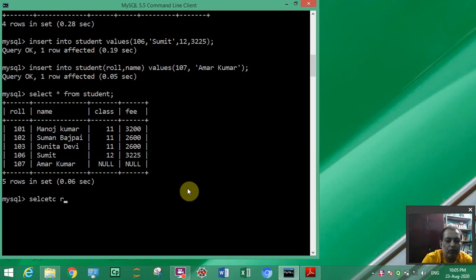So we want roll and name only. Other things we don't want to display. Then select roll, name from student.